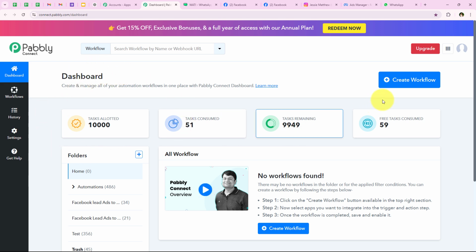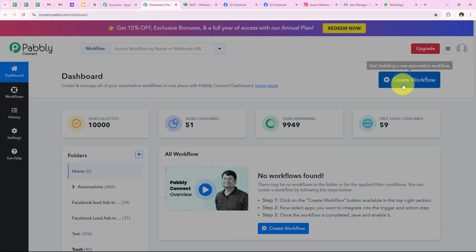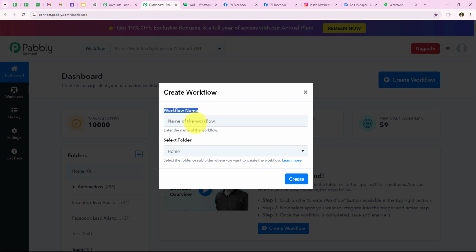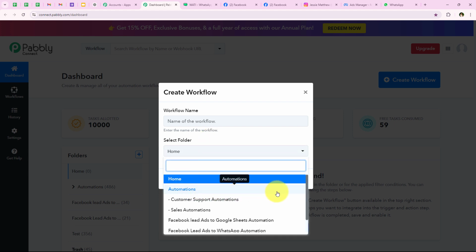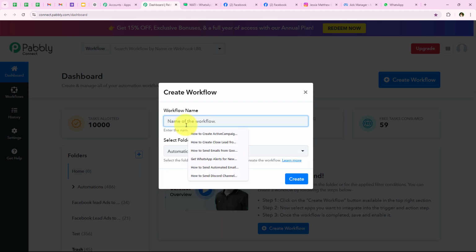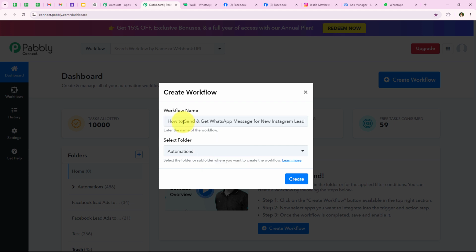And to start with this automation, we are going to click on this button which is create workflow, and now it is asking me the workflow name and the folder I want to save the workflow in. So I want to save the workflow in this folder which is automations, and I want to name my workflow as how to send and get WhatsApp message for new Instagram leads via Wati. And then we are going to click on create,